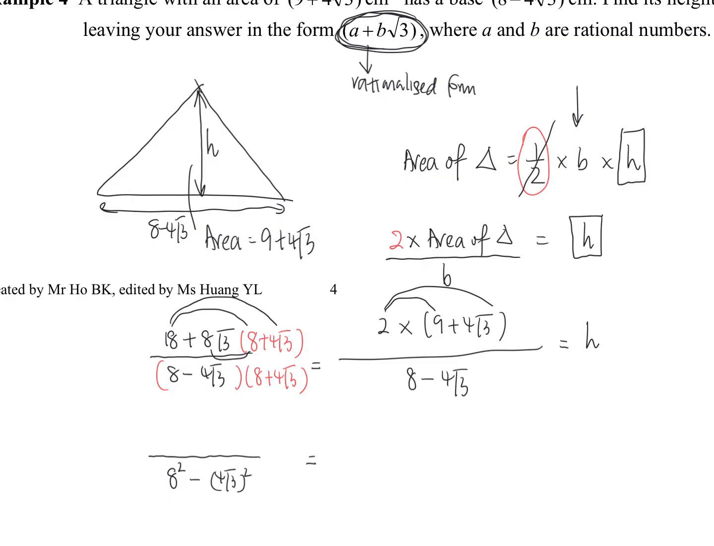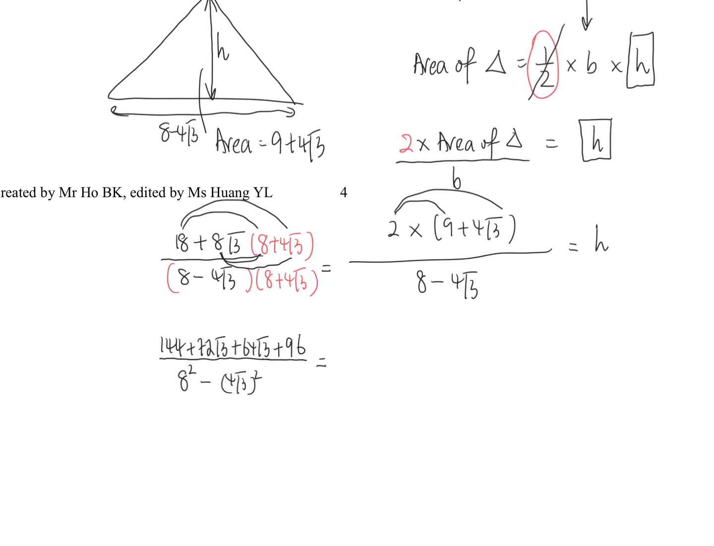Okay, the next few parts is just your normal expansion. What is 18 times 8? Okay, cannot trust my brain today. 144. Then 18 times 4. 72. 64. And 32 times 3. 96. Okay, so you will get these 4 terms, which finally simplifies to